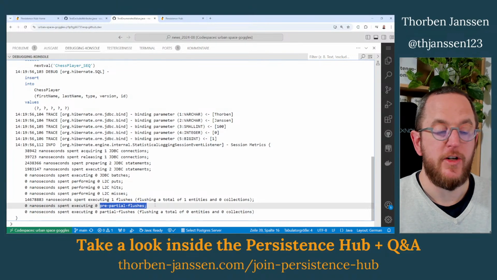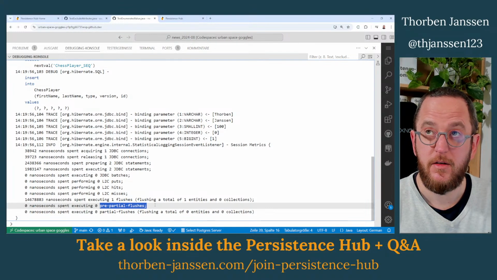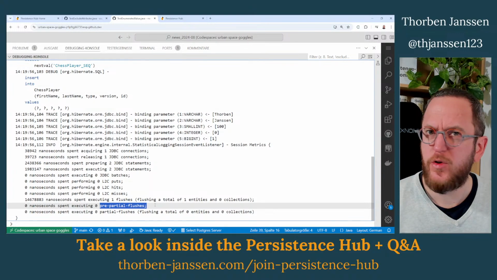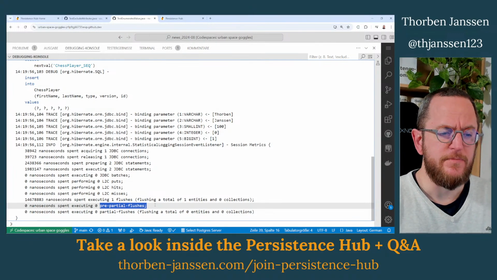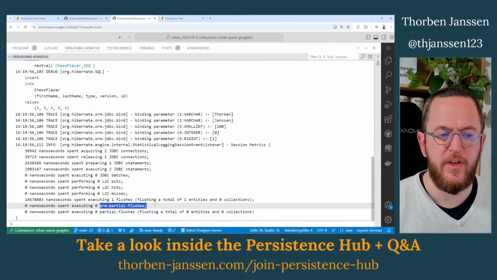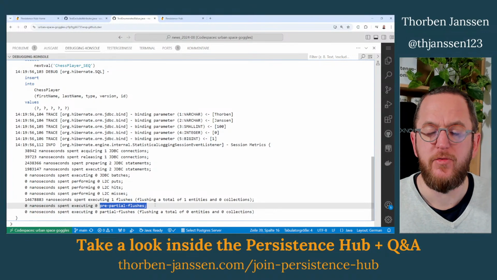The pre-partial flushes is a new statistic we see, introduced, I think, in Hibernate 6.5 or could be 6.6. And that is just that Hibernate's metrics now also measure the time that Hibernate spends before actually performing a partial flush.